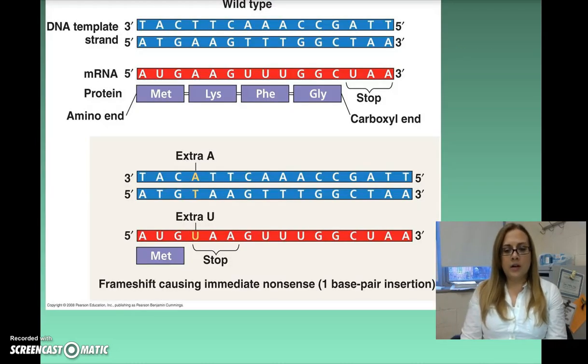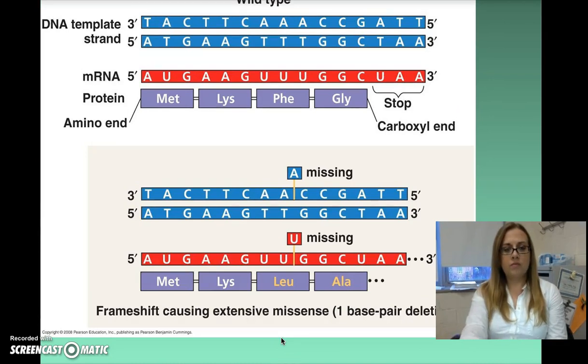We are looking here at a 1 base pair insertion. So again, we've got our wild type up here. So this is the wild type DNA, mRNA, and then the amino acid sequence. Here you can see we add an extra A into this 3' side, which gives us the extra T on this 5' end. That is going to cause an extra U in the mRNA, and by adding it there, that is going to put in a stop codon. The UAA is a stop codon, so we have caused an immediate nonsense mutation with just a 1 base pair